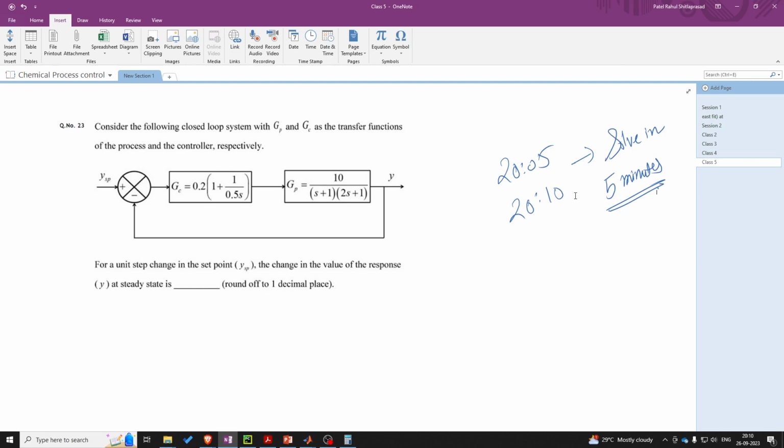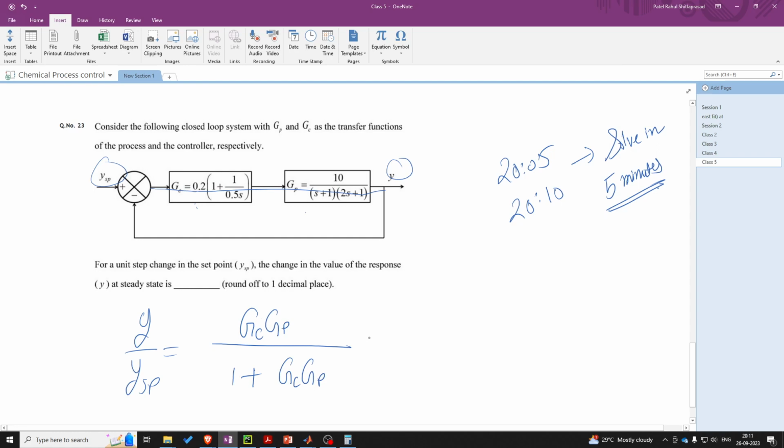So let's try solving this question further. The main thing is writing the transfer function of the given system. So over here the response is y and the input is the desired set point. So the transfer function will be y upon ysp. First we will consider the open loop, that is this direction. Over here we are having two blocks, that is Gc and Gp. So we will be taking the product of that, that is Gc into Gp, and the denominator will have this closed loop, so that will be 1 plus